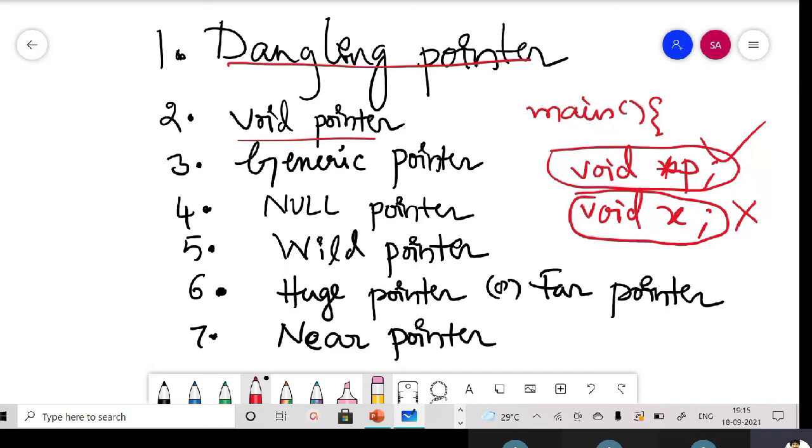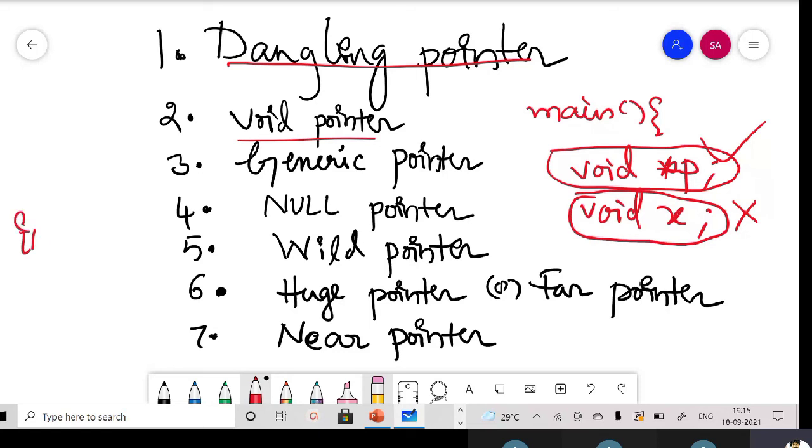Yes, sir. When you are giving an address to the pointer, you have to make sure that the data type of your pointer and the data type of your variable are the same, right? If I say int star p, what does that mean, ma?